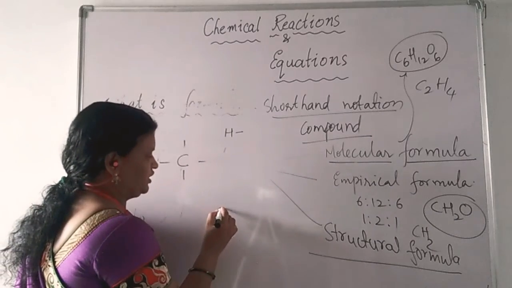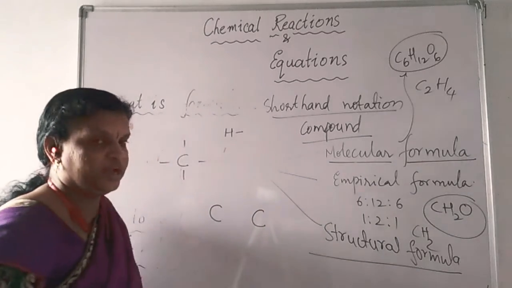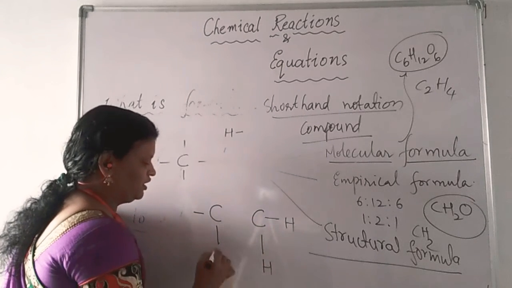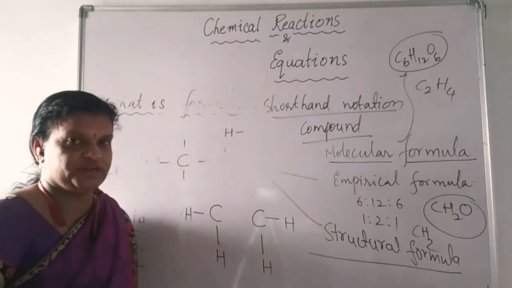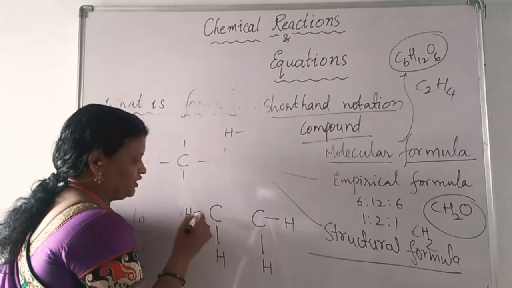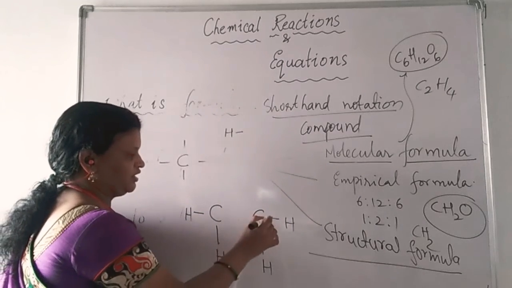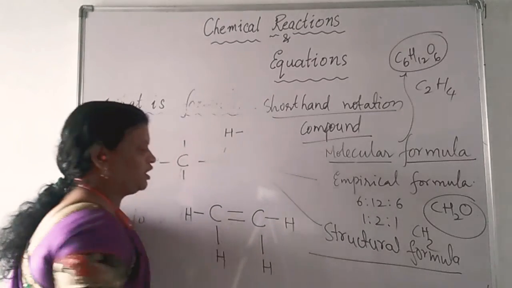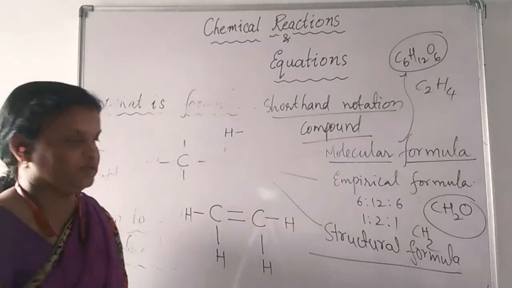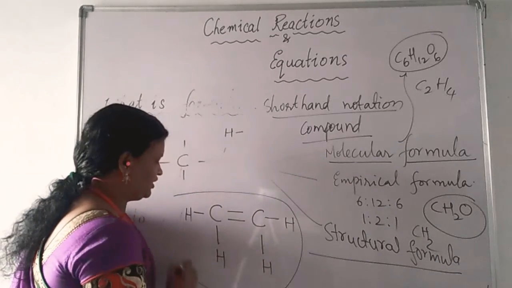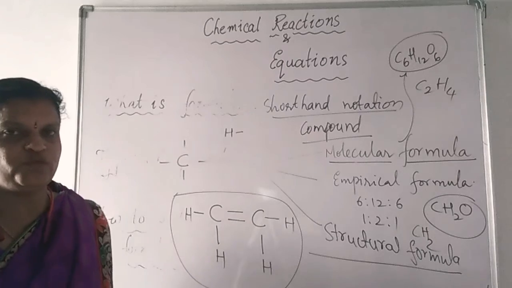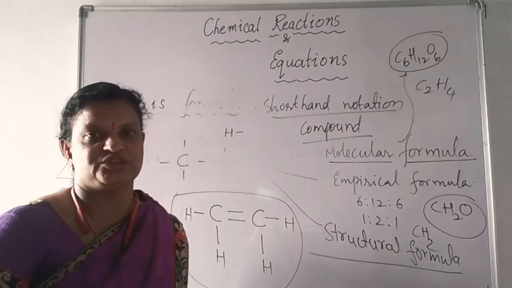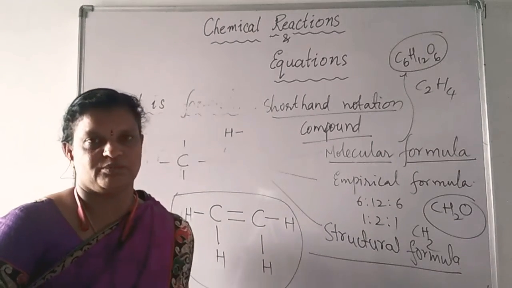Based on that, carbons 2 are there. And each hydrogen can form 1 bond. So, hydrogen to carbon, 1 bond is there. Carbon surrounding, if you see, 1 and 1, 2 bonds are completed here. Here also 2 bonds are completed. So, 2 more bonds will be there between carbon to carbon, which is called a double bond. Now, we are showing the exact structure here. Carbon surrounding 4 bonds. Double bond between 2 carbons. Carbon to hydrogen, single bond. These all we are showing here. This becomes our structural formula.